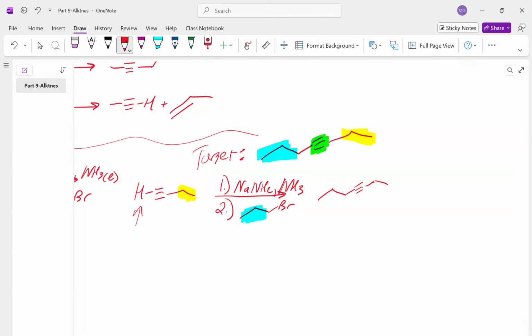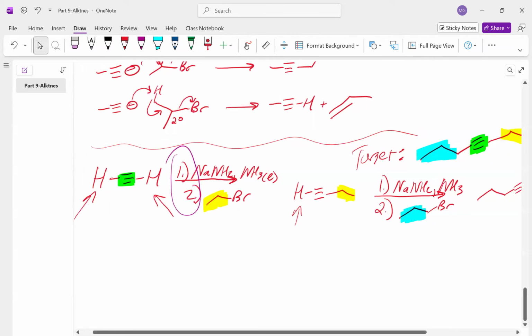All right, so make this easy on yourself and really master it. Look at this as the only tool in my toolbox right now that I can use to extend the chain of a set of carbons. How do I do that? I need to start with a terminal alkyne. So when you see a problem like, for example, this,